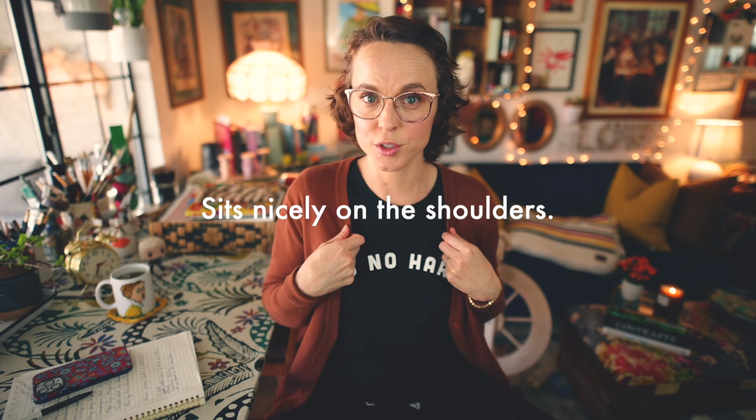Lastly, and this one is more a matter of construction preference, and that is I want the cardigan to sit square up on top of my shoulders. Sometimes I'll see cardigans, and when you see them on the model, they tend to kind of just sit right here on like the knobs of your shoulders, or like right here at this part of your shoulder. And if that's where it naturally sits and that's really as far as you can pull it up on your shoulders, if I see that on the model, I steer very clear of those patterns because I know that it is going to slip off of my shoulders all the time and it's going to become really kind of annoying